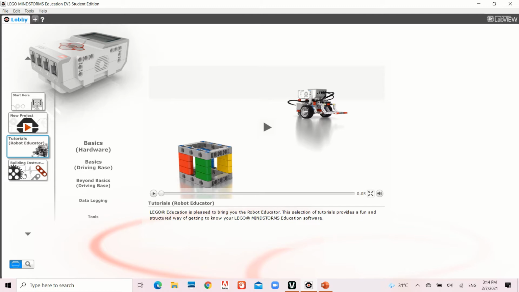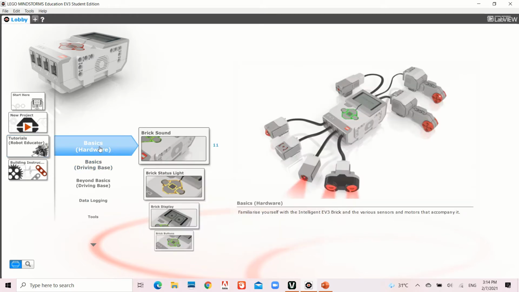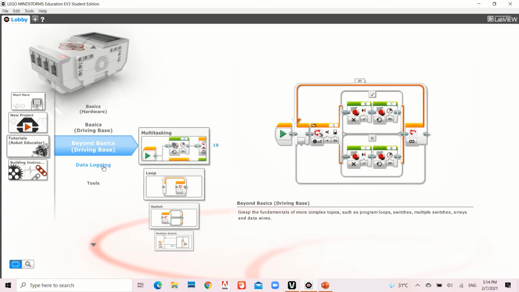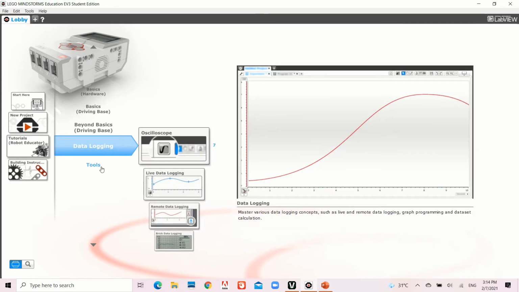Alright, at here we have a few more buttons. Basic hardware, kita mempunyai beberapa lagi butang. Basic hardware, basic driving base, beyond basic driving base, data logging, tools. Okay, so what of all of this? Okay, apakah semua ni? Okay, sebenarnya di sinilah butang-butang inilah yang akan menunjukkan, mengajar kamu macam mana nak